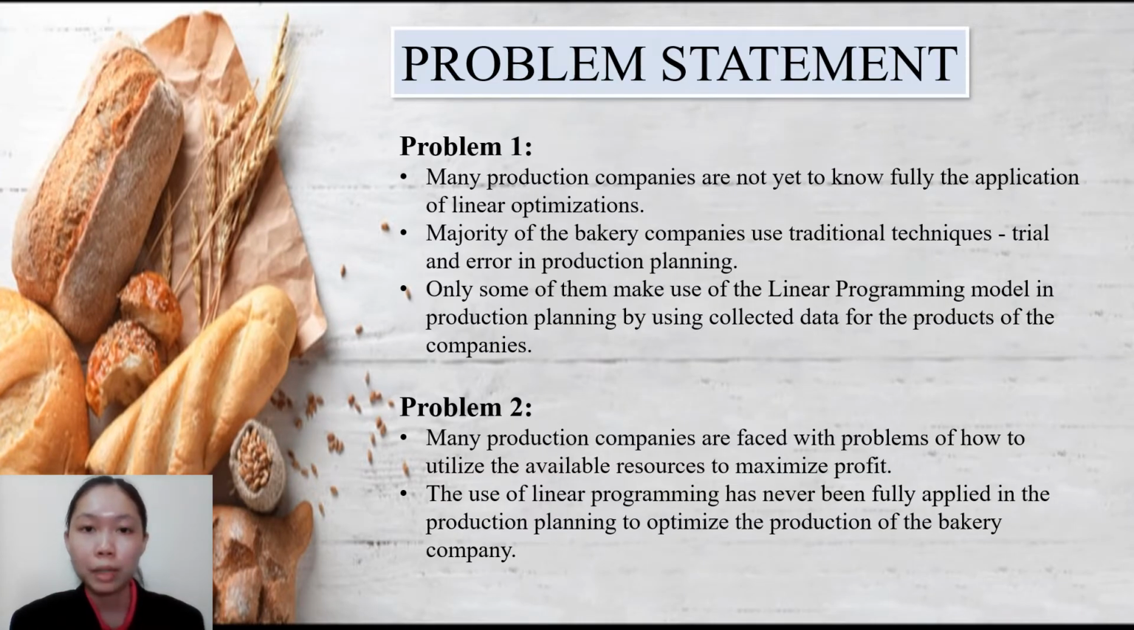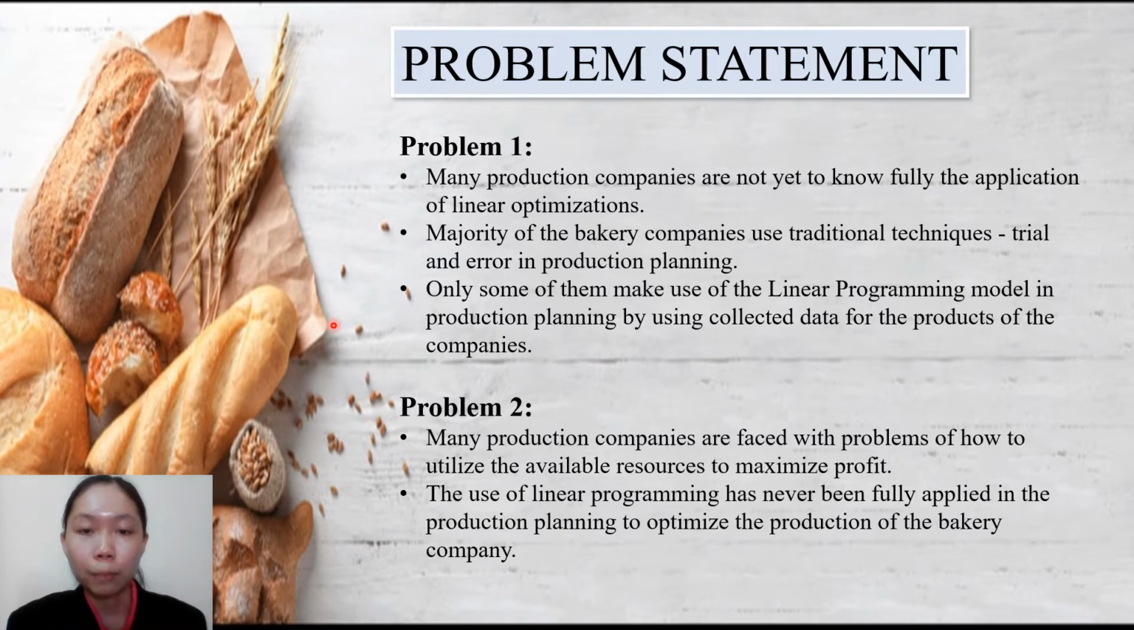There are two problem statements in this project. The first problem statement is, from reports of various surveys, it has been shown that many production companies do not yet fully know the application of linear optimization. The majority of bakery companies use traditional techniques which are based on trial and error in production planning. Only some of them make use of a linear programming model in production planning by using collected data for the products